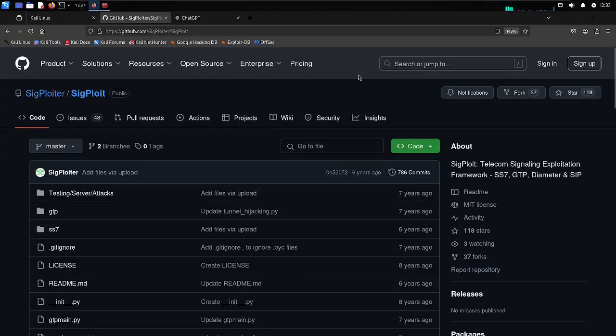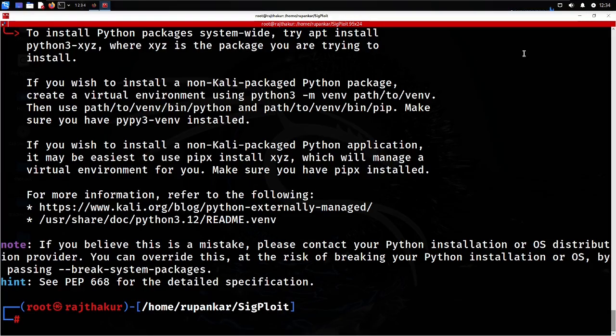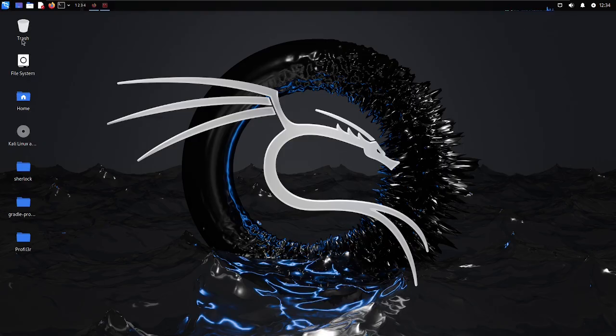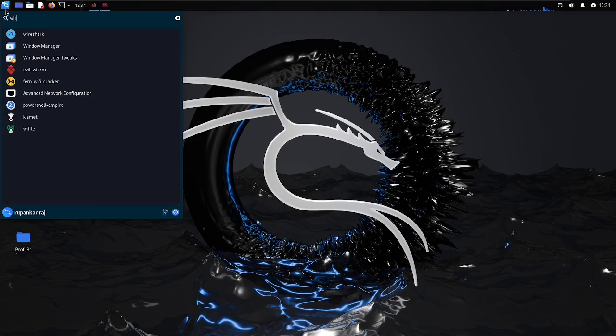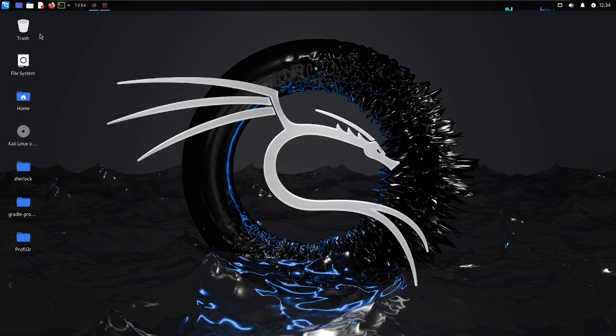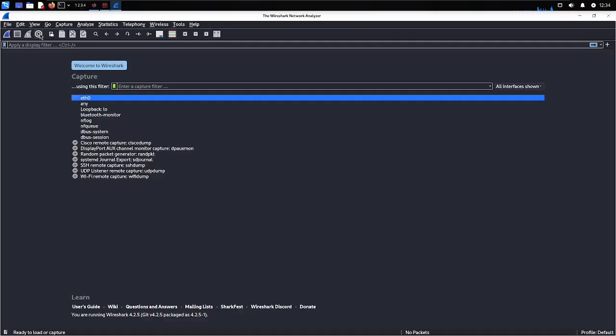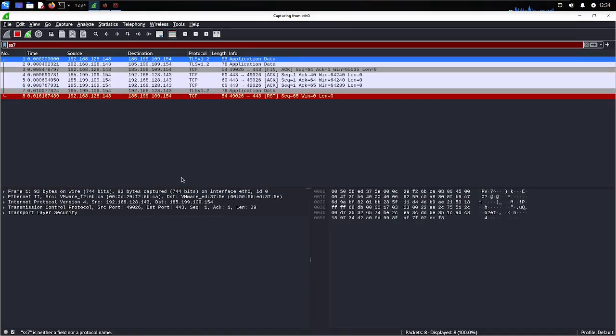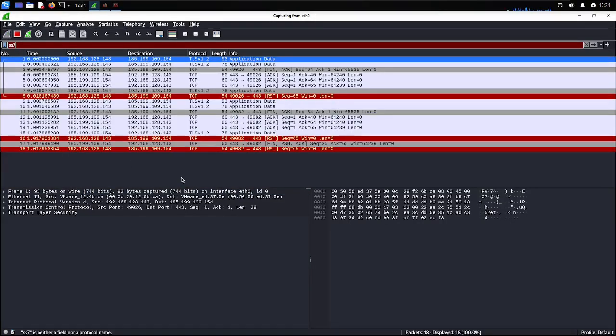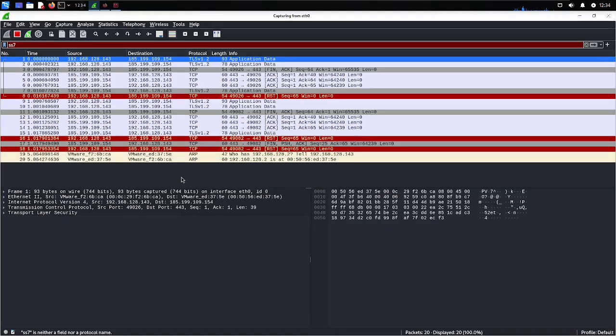Let me switch back. I don't know why that command has not worked. So let me switch back here. From Wireshark also you can start capturing SS7 packets. You can capture all the packets like SS7 or ISUP or MAP packets. You can start capturing from here. Like SS7 filter, you can simply put from here. You can start capturing from that part also. All the packets you can start capturing from that location also.